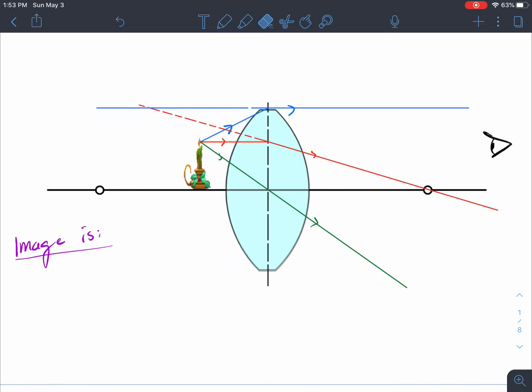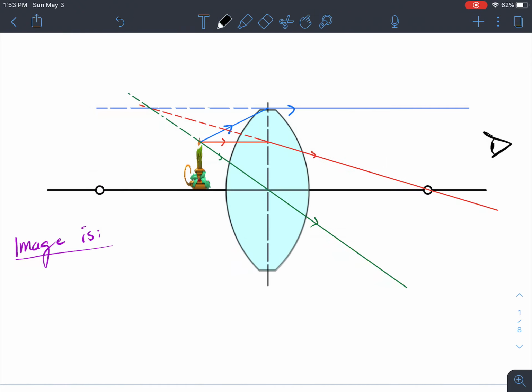Okay, it looks pretty straight to me. We can see that there is a convergence happening here. And then just to be sure, let's do the green one and see if that lines up. Seems pretty straight to me. Ignore that little blob at the end. Let me erase that. Okay, so we do have convergence